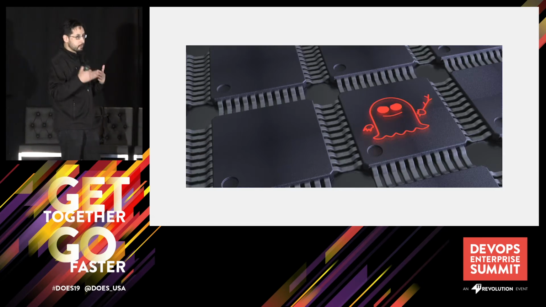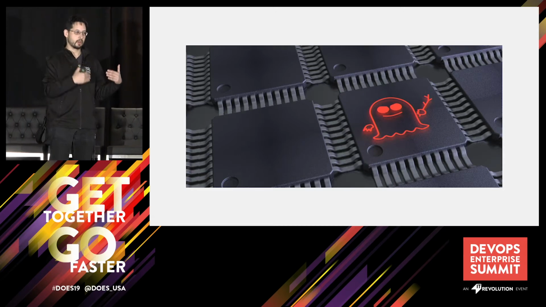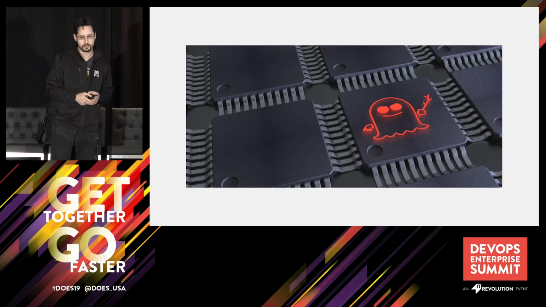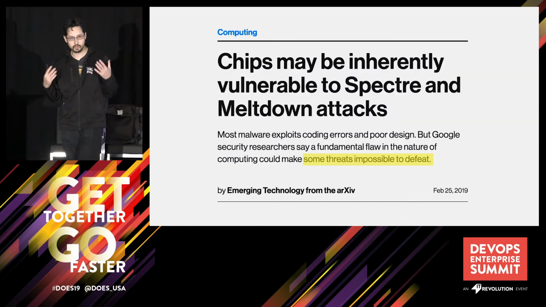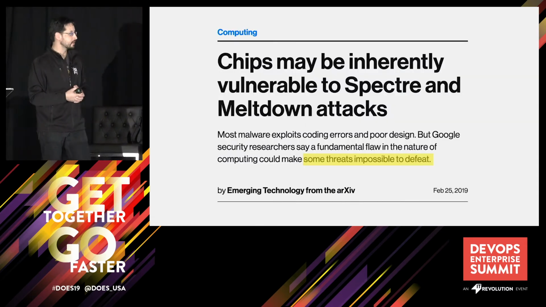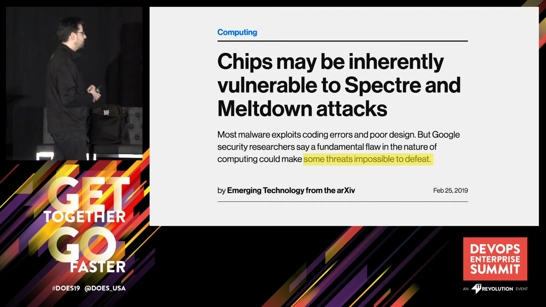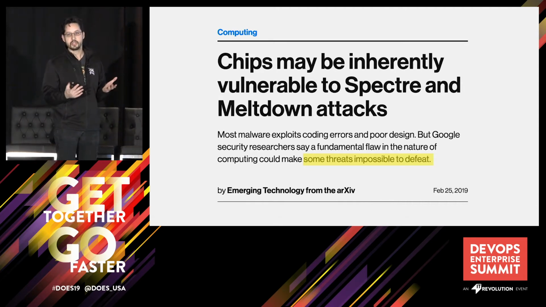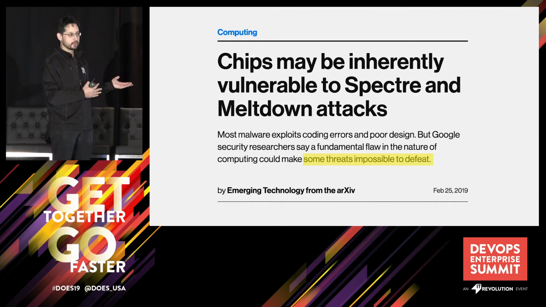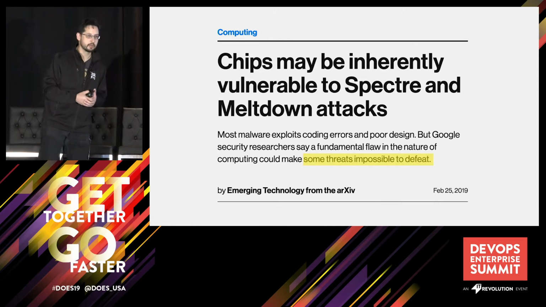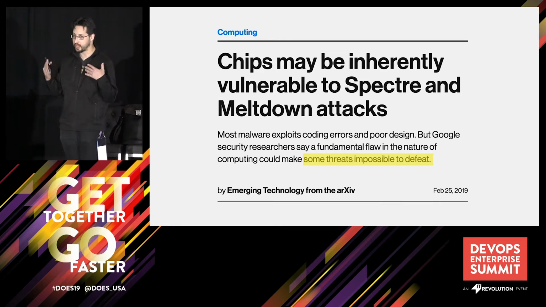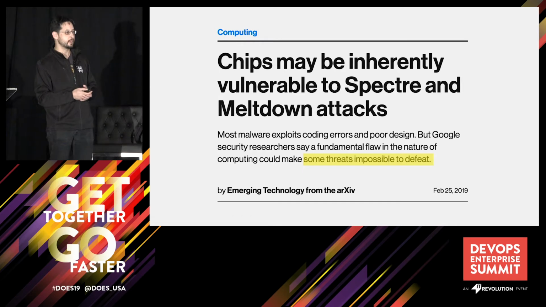Not only it can be another process running in the same machine, you can also target a virtual machine running inside of it, so it doesn't isolate you between containers. So this is really, really bad stuff. And in a lot of cases, since there's not simply a fix the hardware manufacturers can put out for it because it's inherent in the design, you need to do this in software. So you need to patch your software to account for Spectre. A bunch of libraries were updated specifically for this. There's constantly new attacks and new ways of exploiting which need to be addressed.